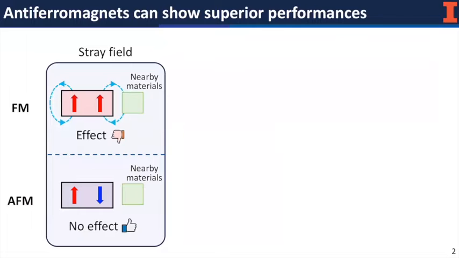Antiferromagnets have strong advantages for magnetic memory device. First, the stray field generated from the ferromagnets is emitted outside of the materials, which can affect the nearby materials. And this feature seriously reduces the storage compactness. But antiferromagnets do not generate any stray field due to the absence of net magnetization, enabling more compact data storage.